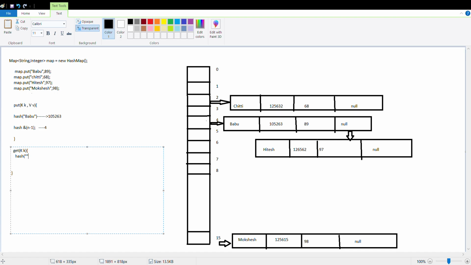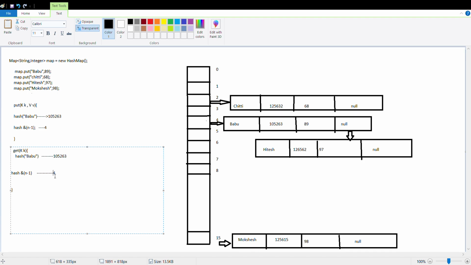Now I'm trying to check the value of Babu. It will calculate the hash code of the key, and later calculate the index based on the same algorithm, hash and n minus 1. So it will calculate the index 4.